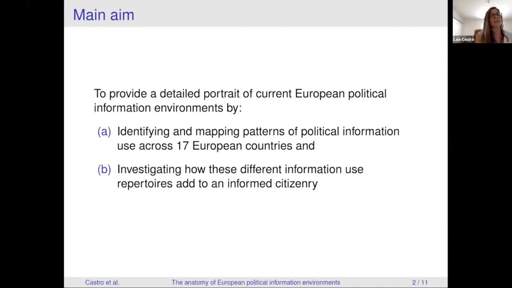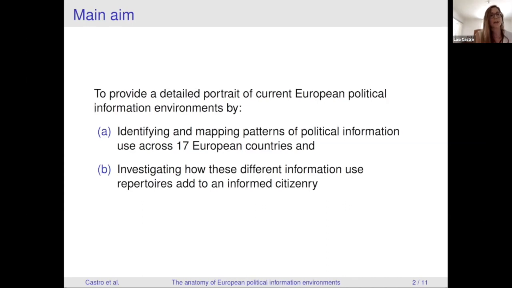So why is that important in the first place? We see that media suppliers are under increasing pressure to address the preferences and needs of the audiences, and audiences' preferences are in turn increasingly important predictors of the content that they are exposed to. And perhaps most importantly, the democratic implication of an increasing mix of news media uses is broadly unknown,